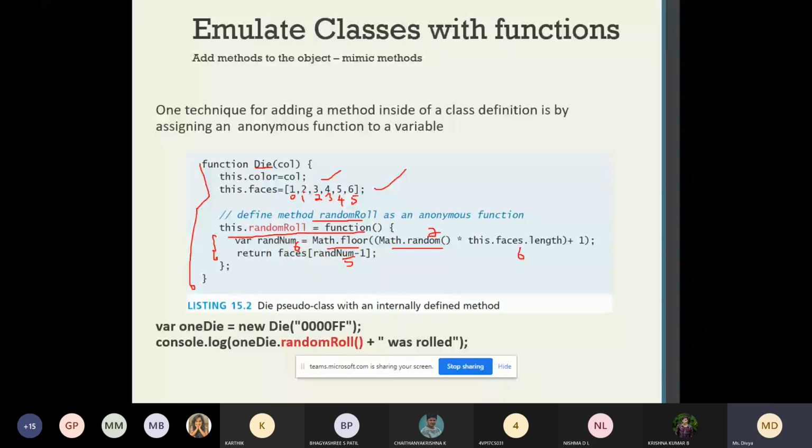Okay, so this example shows the declaration of the method inside the pseudo class die. Here we are creating an object of the pseudo class. The object name is one die, and using that object we are calling this random roll method. So random roll will return some random number out of 1, 2, 3,